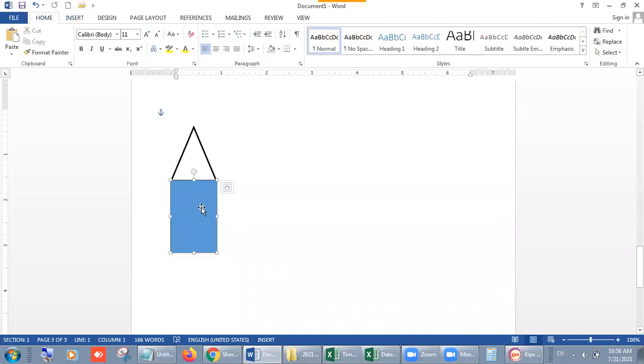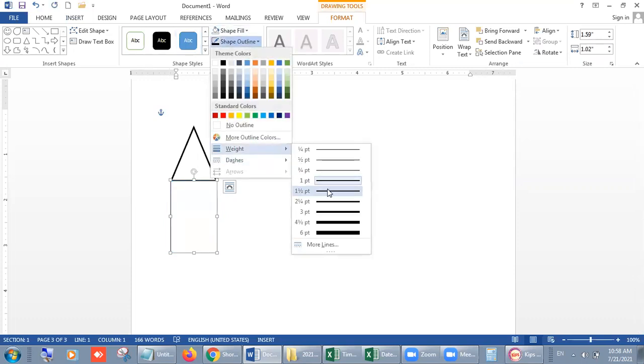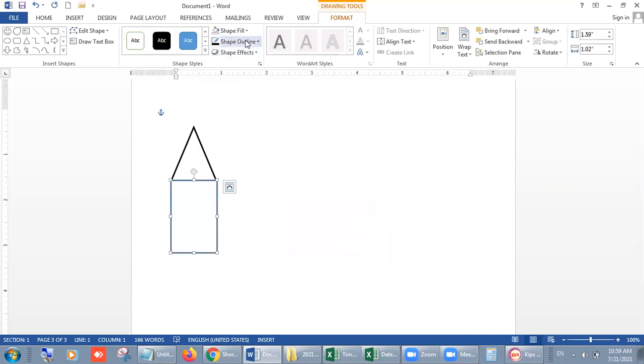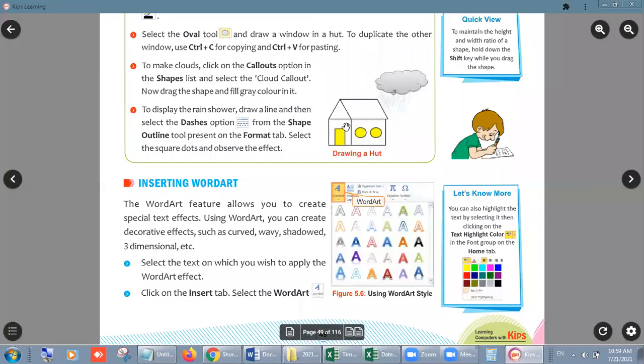look, double click on it. No fill. Look, student, it is the base of it.